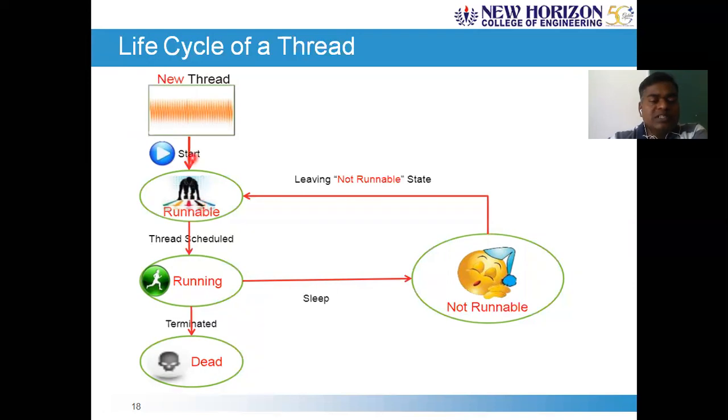So once the start method calls the run method, it enters into the running state. Running state means it started printing the numbers from 1 to 100, for the task part we have considered for the sake of explanation. So once it is running, it keeps running unless it completes its task, that is printing the numbers from 1 to 100.